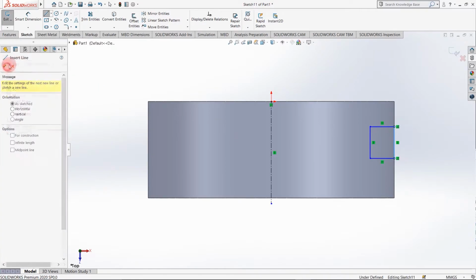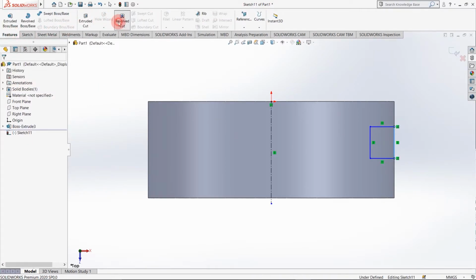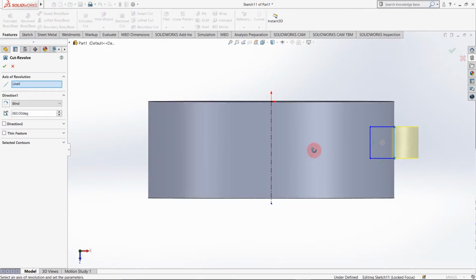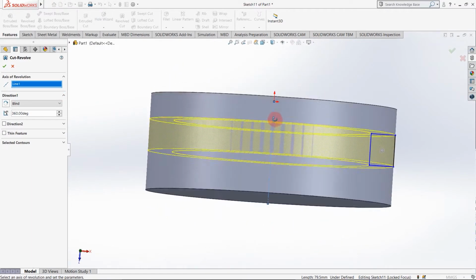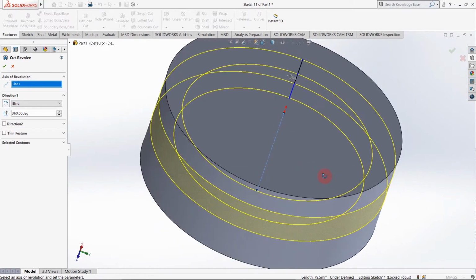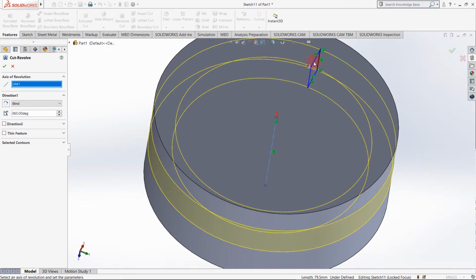Now I am going to features and revolve cut. As you can see, I need to select the axis of revolution, so I am selecting this. As you can see in preview, the rectangular hole is revolved around this axis.